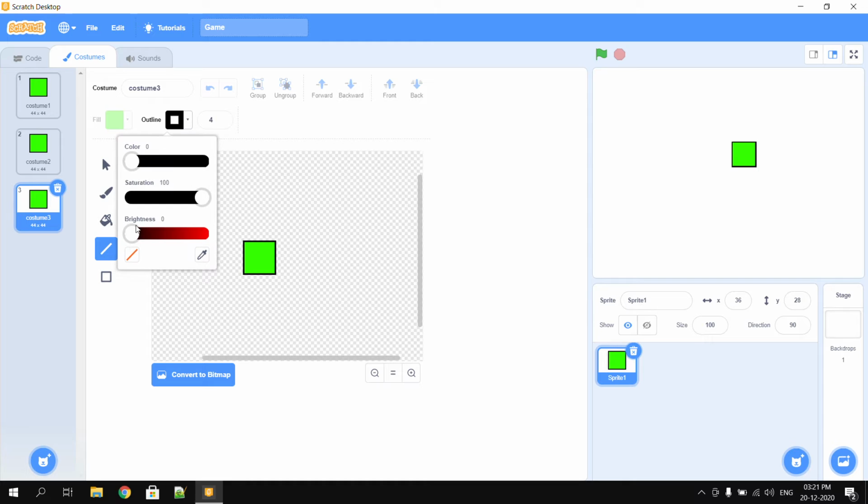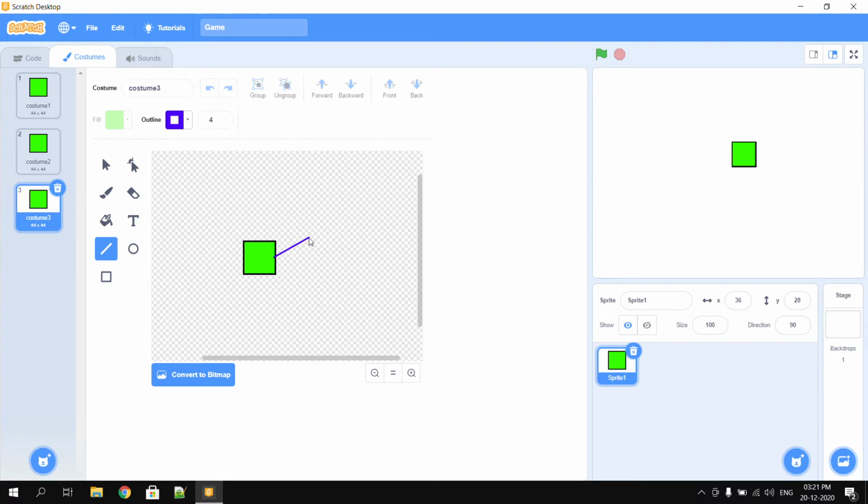I am having a blue sword, so this will be on the right. So it will open his sword on the right and here on the left. So he's having both sides his sword to fight,